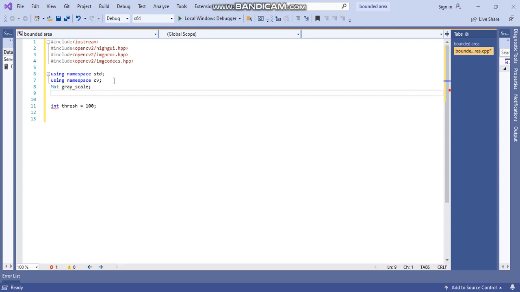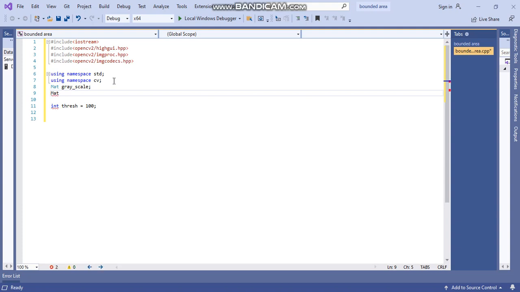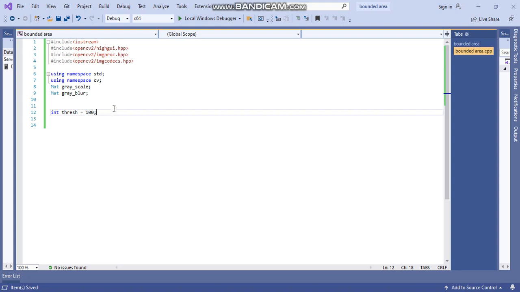We need a grayscale image, and that grayscale image will be converted to a blur image. So we can define Mat gray_blur. So these are the global variables, and the logic we will be writing in a method, so we'll define that method soon.